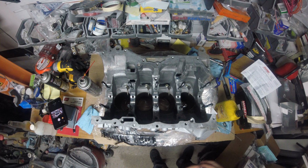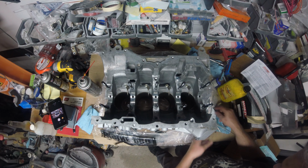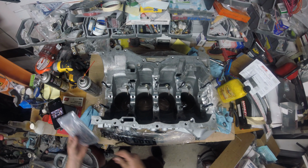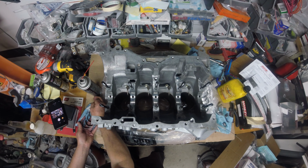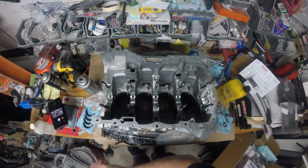Rust washer? Yes, it is. Alright, so these are the mains. We're going to clean all this stuff up too before we put it in. Out of the package here. We don't want to be dropping these. Alright, got a main